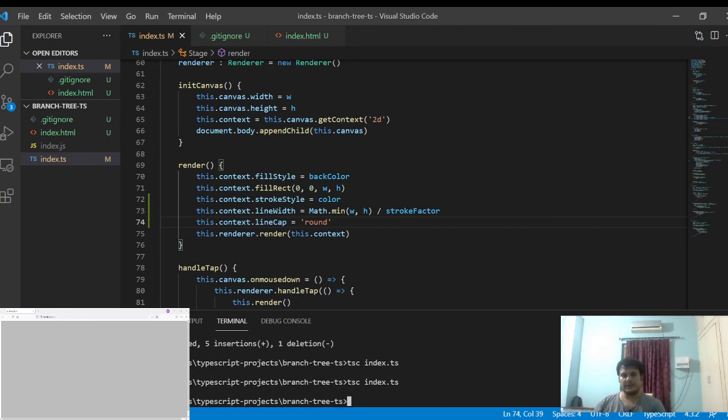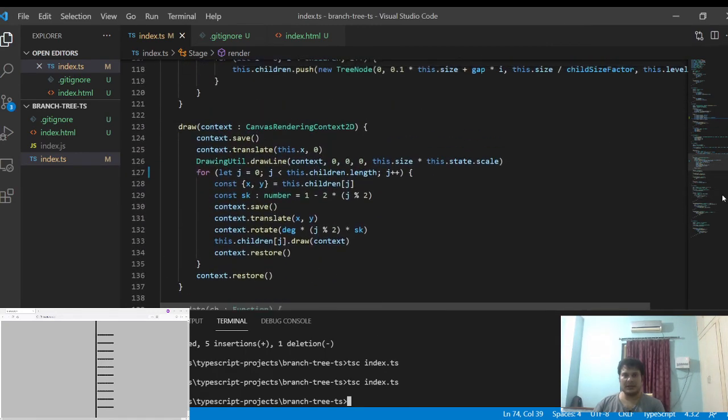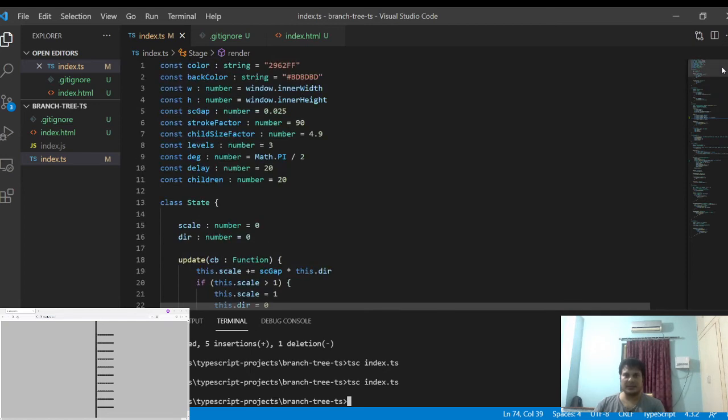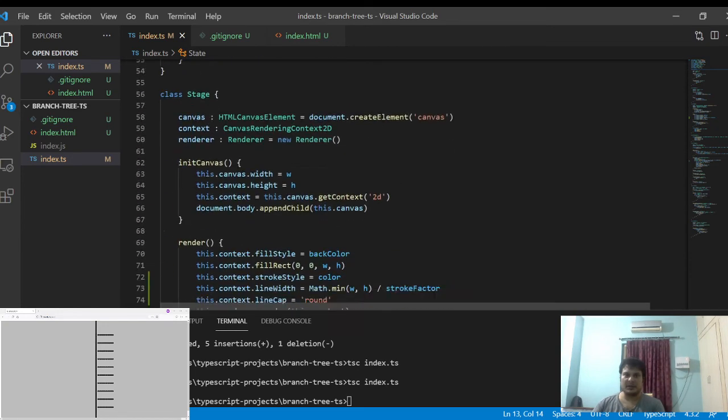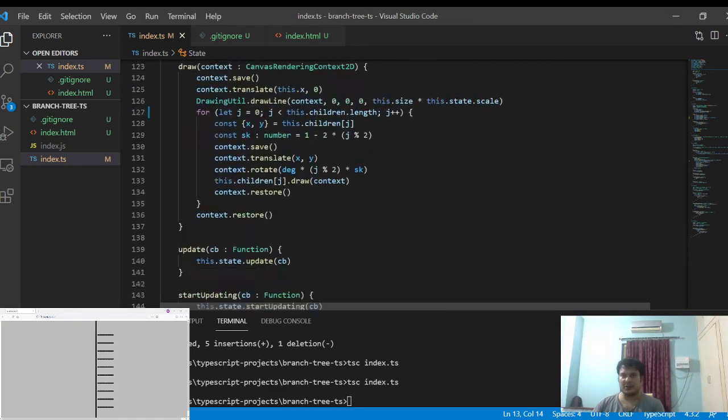Okay, so this is coming in a certain way, but I am not very happy with the way it is coming. I'll show you in a moment. One thing is we'll have some dots when you're trying to draw this.